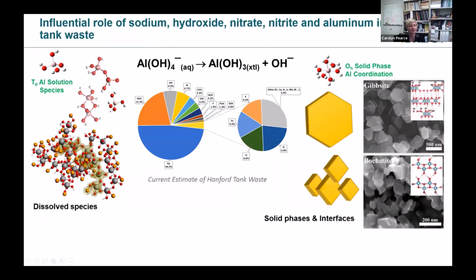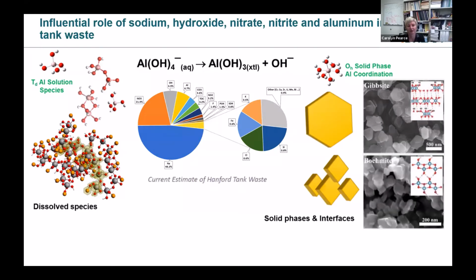What is the chemistry of these complex wastes? Well, you can see here there are representatives from pretty much every element in the periodic table, but the wastes are dominated by sodium, nitrate, hydroxide, aluminium, and nitrite. And so although the wastes are radioactive and we spend a lot of time thinking about technetium and plutonium and uranium, it's actually these benign elements that cause the most problems in terms of waste processing because they're there in